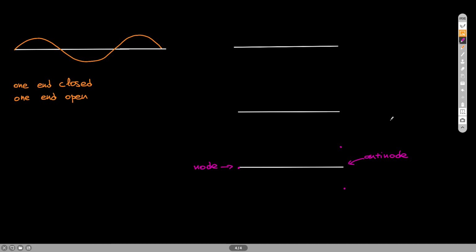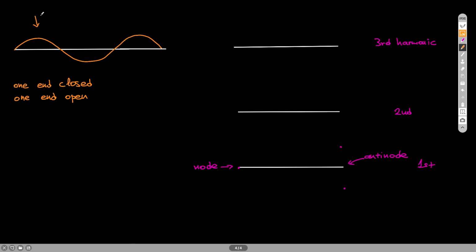Now, I'm going to make a note: this is the first harmonic, this is the second harmonic, and this is the third harmonic. I'm going to show you the process for drawing these harmonics, and then the process for the rest of them is going to be the same. Just follow my process. The way that I will think about this is the following. As I said, I know that here I have a node, here I have an anti-node. So I'm going to start from my